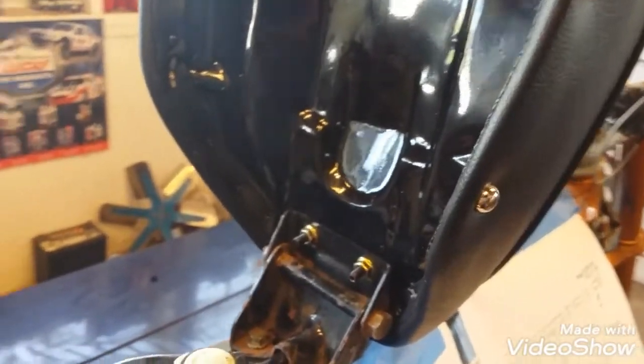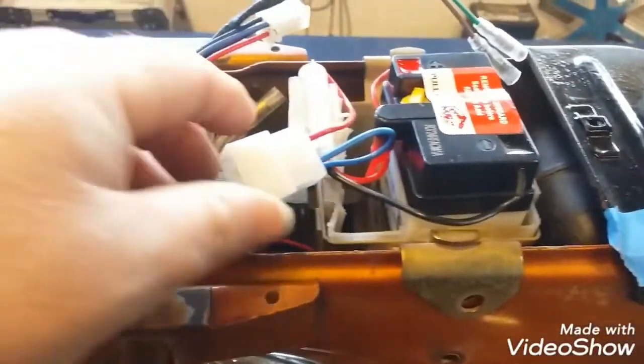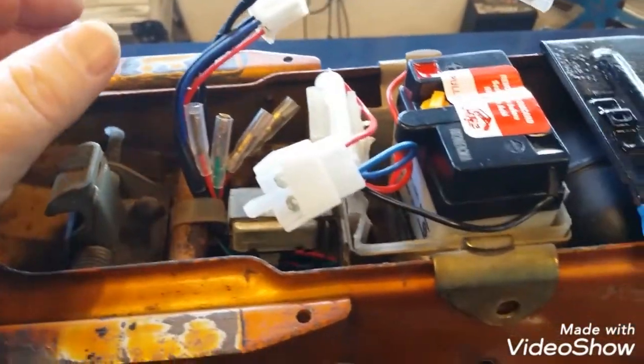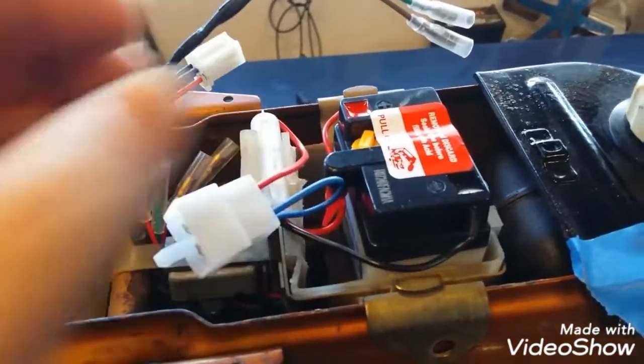This is the new harness coming out of the frame from the ignition switch. This side going to the headlight, the other one coming up under the brand new seat. Look at that brand new seat. The old seat was just trashed. So I got a battery. I haven't put any acid in it or charged it up. It's just taking up some space for the moment. And again, the connector on it does not match any of the connectors in the original harness. So I'm gonna have to cut all this up. I thought it was the right one when I ordered it, or I'd have got a better battery. Anyway,